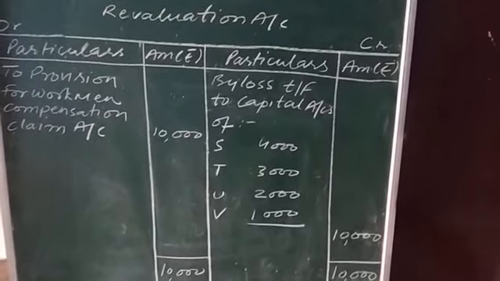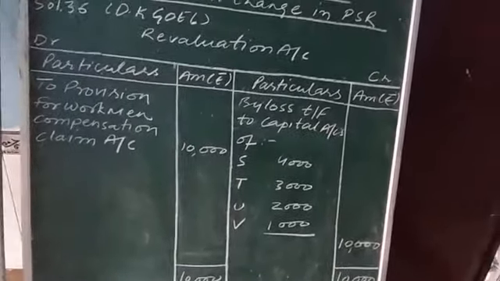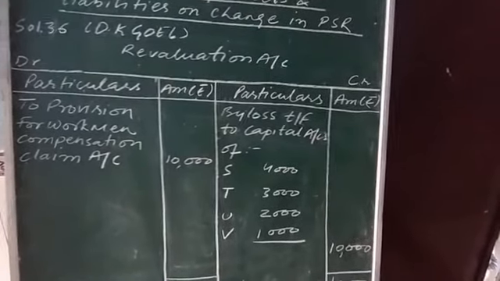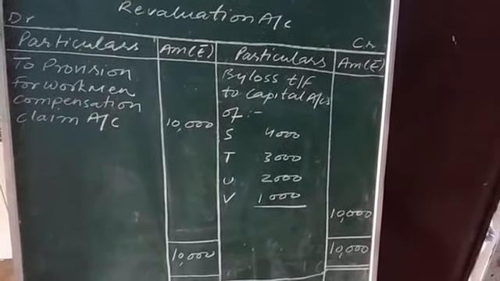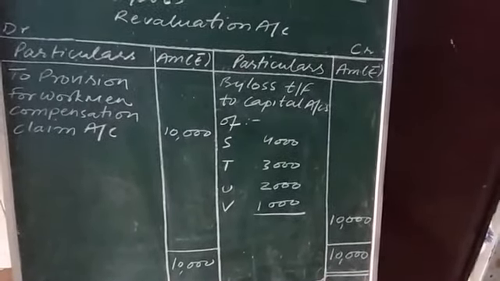The answer will be loss being transferred to S 4,000, to T 3,000, to U 2,000, and V 1,000. The total will be 10,000 rupees. Okay, right. Now one more